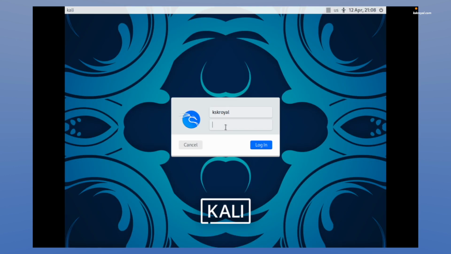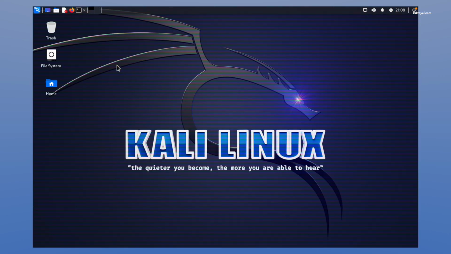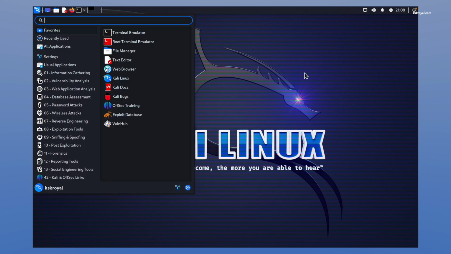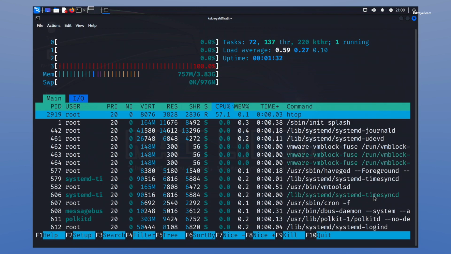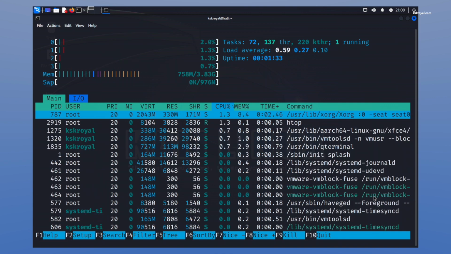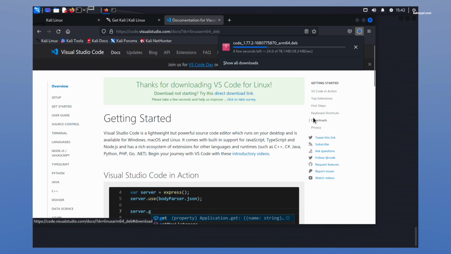Now as you can see, Kali Linux runs much better than UTM. The only caveat is that it uses software rendering and you won't see any animations or transitions, which is kind of a bummer. Now apart from that, the software rendering is outstanding. You won't face any lag or hiccups in terms of performance. The UI feels very responsive and faster. Most of the pre-installed applications and tools are working fine without any issues.